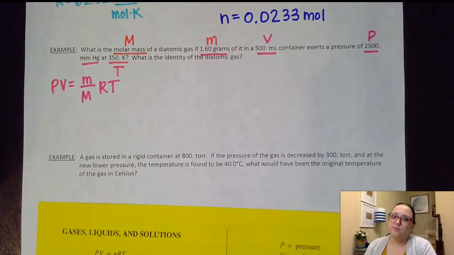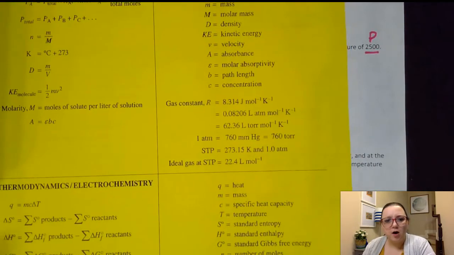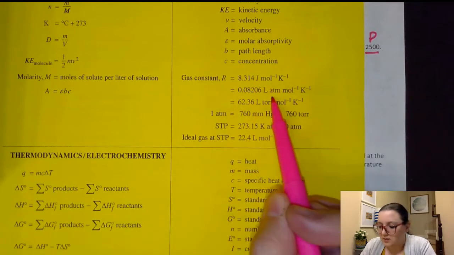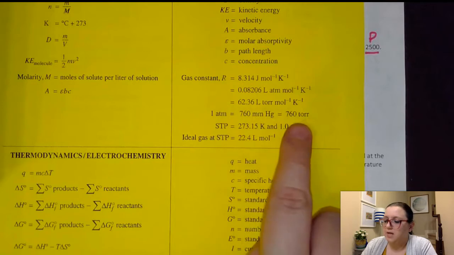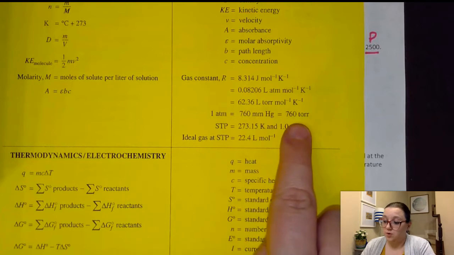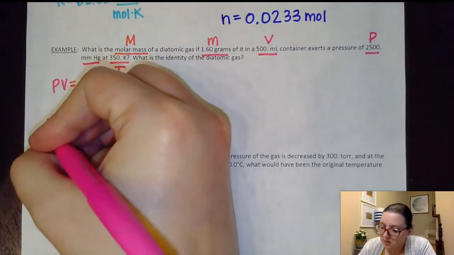And I can see that I'm probably going to have to pick an R value. Now here we have 2,500 millimeters of mercury for our pressure. And if I go look at my R values, upon first glance, I'm like, well, wait a minute. This would have had kilopascals in it. This has atmospheres. This has torr. It doesn't look like there is one for millimeters of mercury. However, if I look here at my pressure equalities, I notice that the millimeters of mercury scale is exactly the same as the torr scale. So even though this 62.36 has torrs in it, I can actually also use it for millimeters of mercury as well. So I'm going to write that I'm going to use the R value of